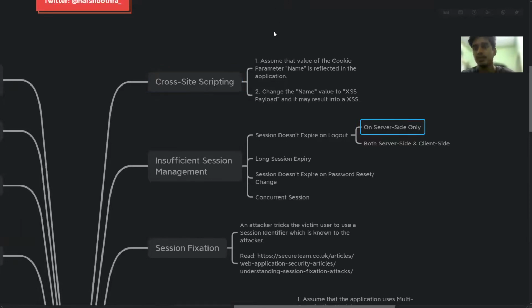So let's assume there is a parameter called name which reflects back in the application somewhere, right? Let's say there's a particular profile section where it says welcome Harsh, and this name parameter is controlled by cookies. Now, you can try to change this name parameter's value in the cookies to some XSS payload, let's say SVG onload equals alert(1), or some image SRC payload, and try to navigate back to this page and see if the XSS pop-up happens, right? If it happens, you have your self XSS over here.